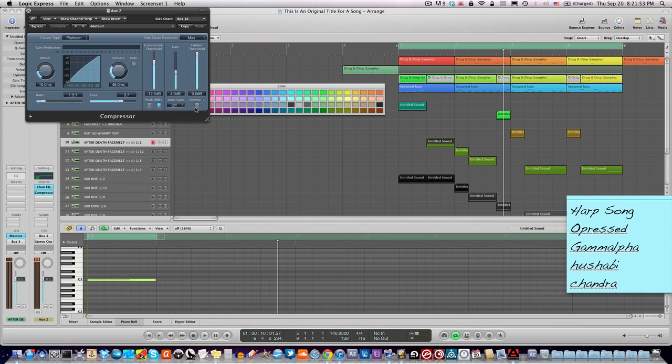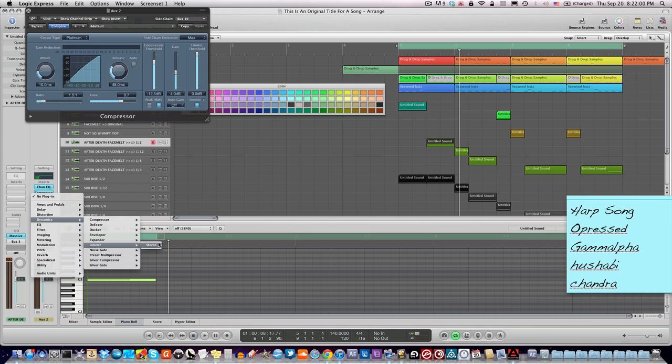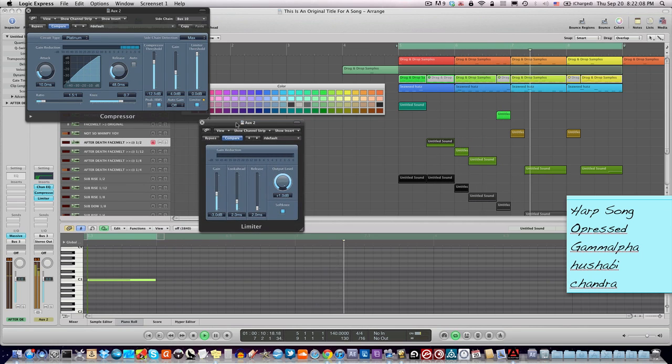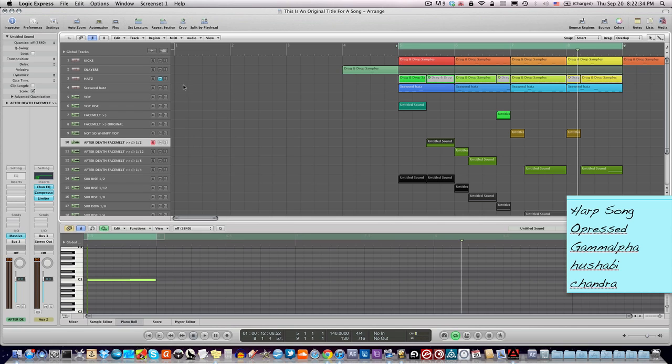so it's compressing a little bit too much. Let's turn on the limiter, because as you can tell, it's clipping. And it's still clipping for some reason, so let me add a limiter after this. And the bass seems way too loud. See how it flows together better, sort of. I wish I could do a before and after thing. Never mind that first snare. It's a weird snare. I don't understand why it does that, but now